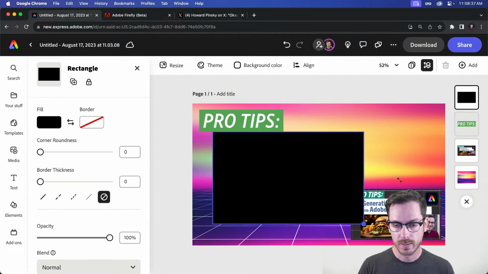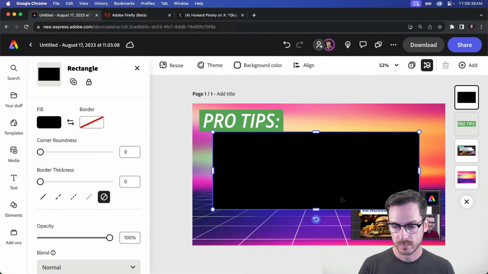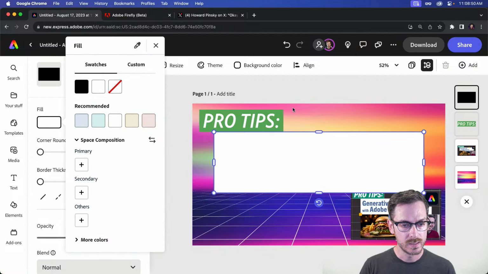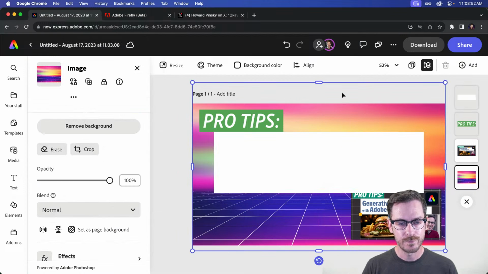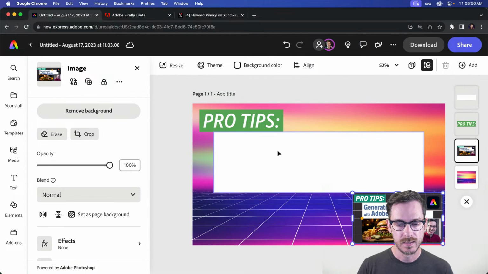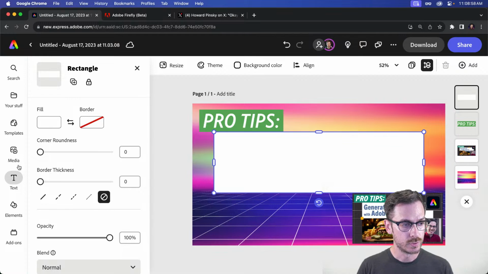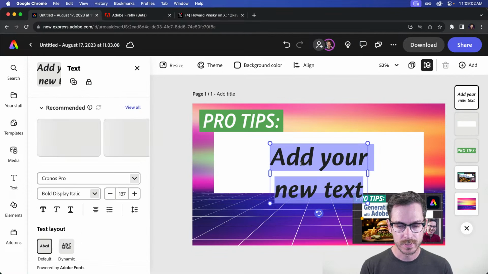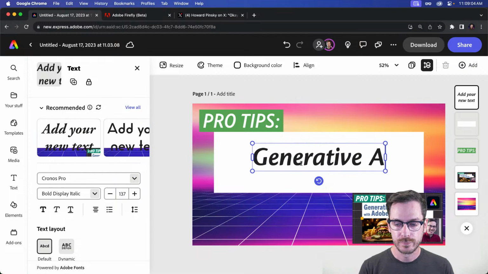And I'll pop it somewhere out here, and it's probably not that large, maybe somewhere around here, right? I'll make sure to center it. Change the color to white. Right, so it makes it very simple to edit in Express with these basic shapes and all sorts of goodness. And now we can add our text on top of this. Now this one, we don't need a shape around it. So I'm just gonna type out generative AI